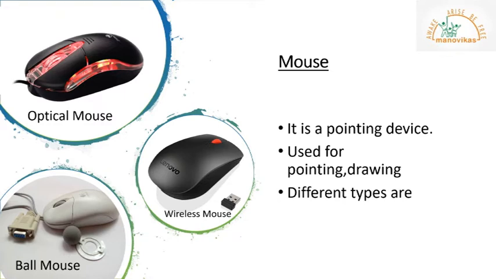Now there are different types of mouse which are available. There is a ball mouse which is now outdated. Nobody uses it now. The most commonly used right now is an optical mouse, and it has a red light under it. The optical mouse is faster and smoother than the ball mouse. Also, there is a wireless mouse which is not attached to the CPU box with a wire. It communicates with the computer using signals and works in the same way as a television remote.